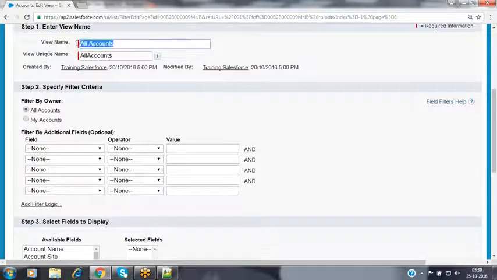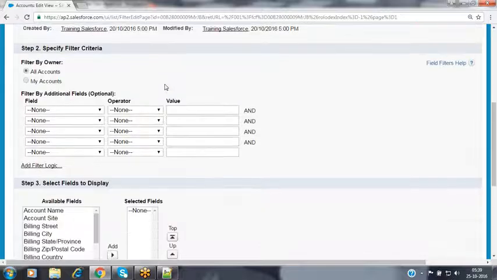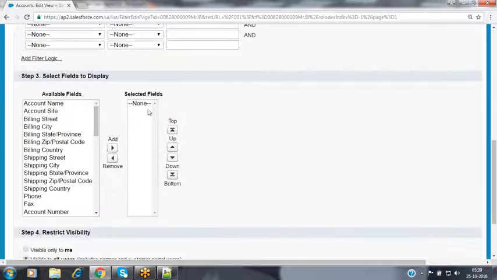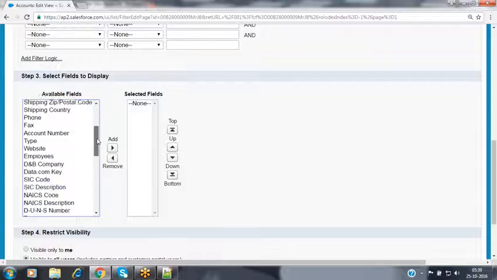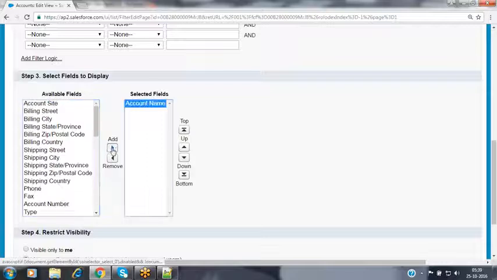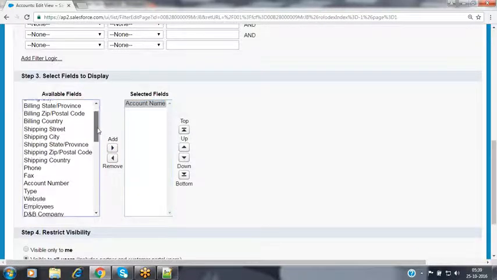Now you have the name as all accounts. Based on which you are filtering the records, there is no filter because it is displaying all the records to you. Now, what field values you want to display? Nothing but what columns information you want to display inside that. I want to show the account record name. These are the various fields available inside that account object. Let's select the fields whatever information you want to show inside that table. I want to show the account name, so I'm adding that account name field, and then we can select